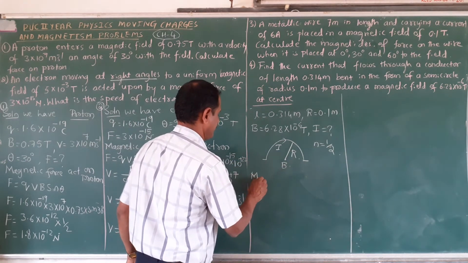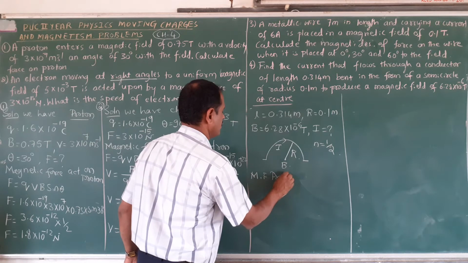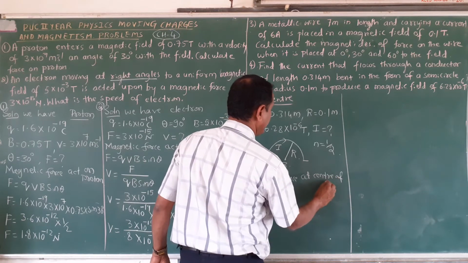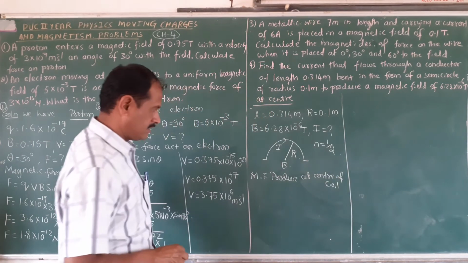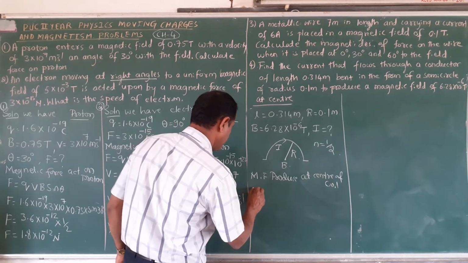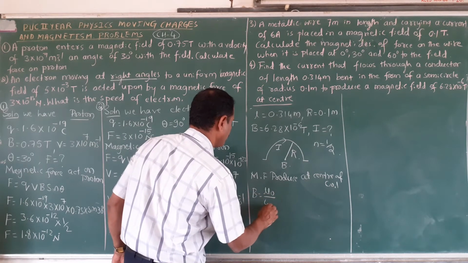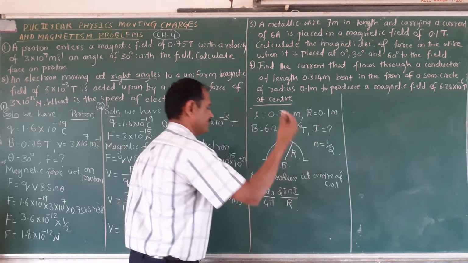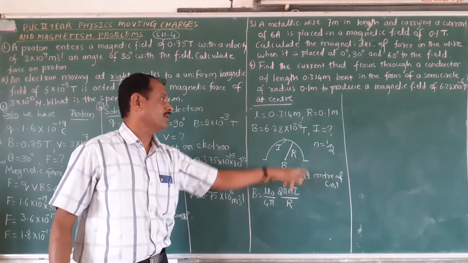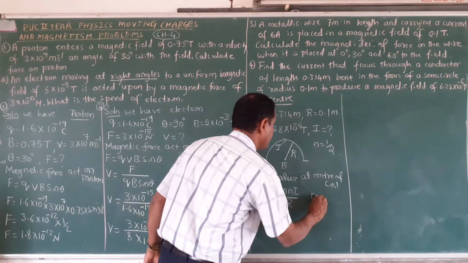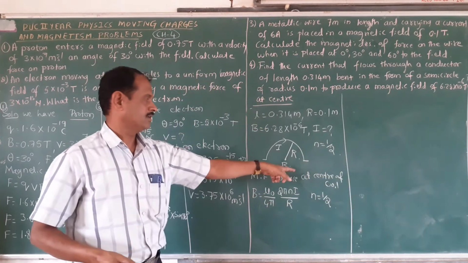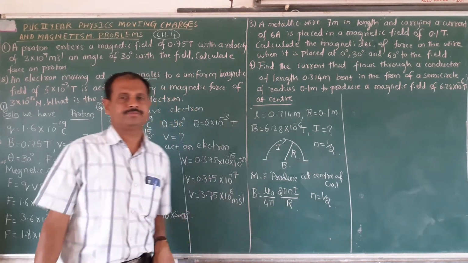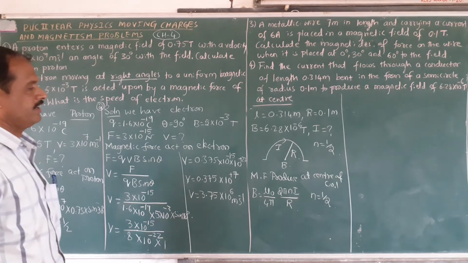The magnetic field produced at the center of the coil is B equal to mu naught upon 4 pi, into 2 pi N I, divided by R. This is the formula for a coil. Now you have to substitute N equal to 1 by 2, half turn. It is only a half turn. This is the easy method to solve the problem here. Easily you can calculate it.